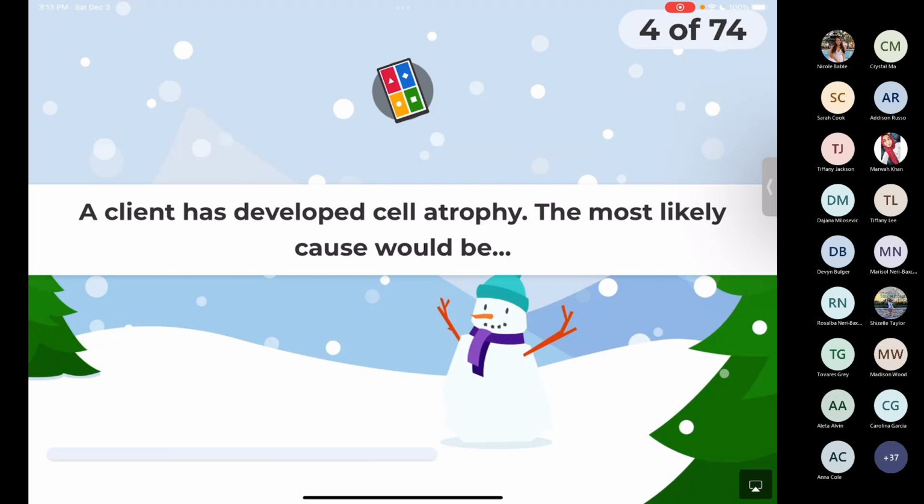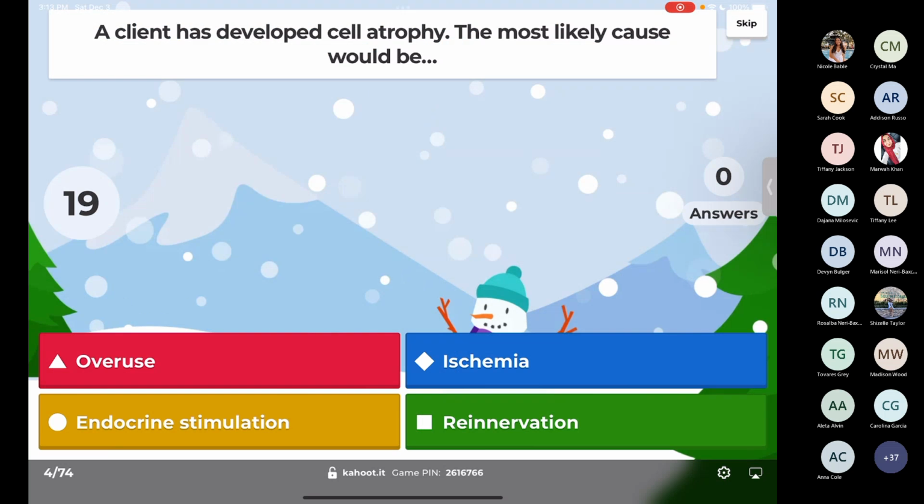A client has developed cell atrophy. The most likely cause would be